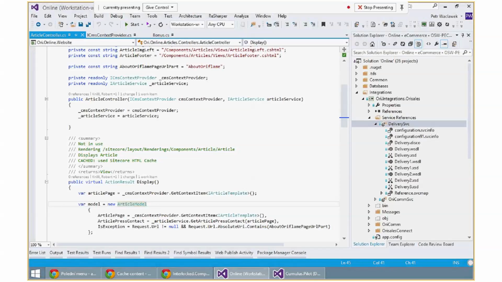Okay, I have just one important issue and two comments. We found in some pieces of code usage of the context provider with function getContextItem. And the message is that it is very important to realize that the context item is always the item related to the Sitecore path from the content tree, which was originally called by the controller action, by the Sitecore controller